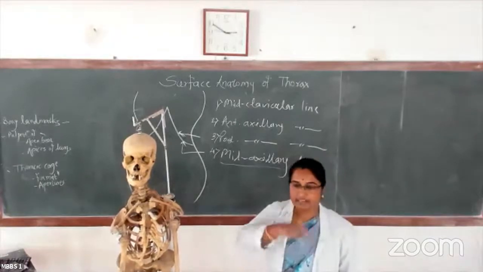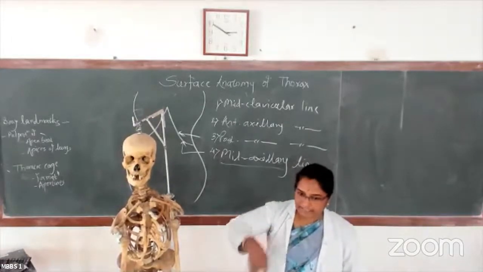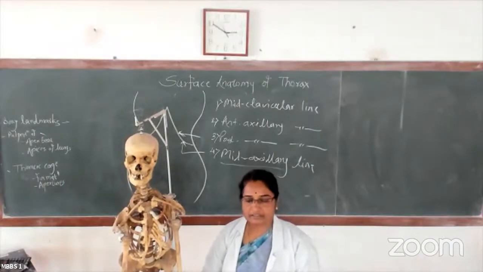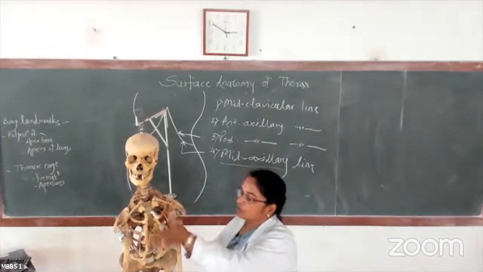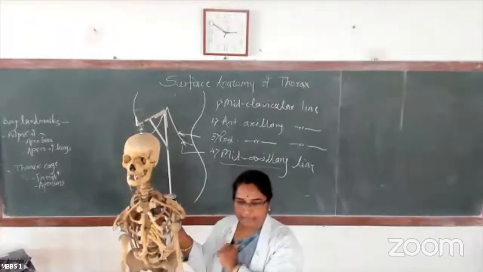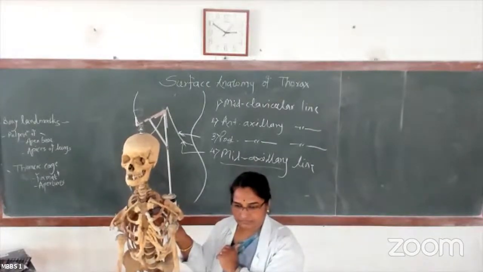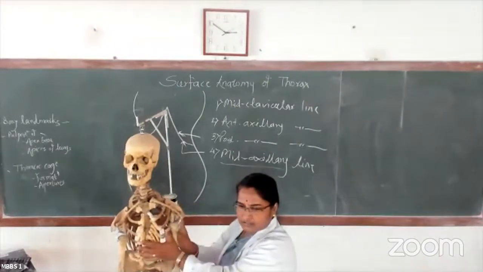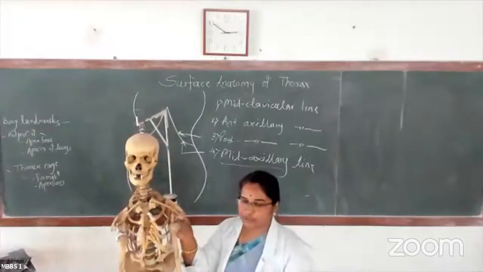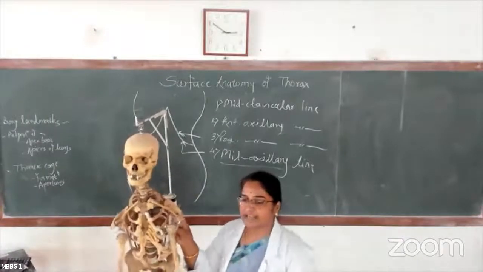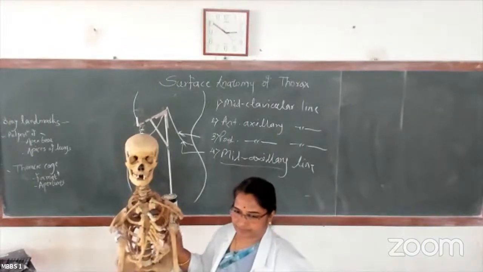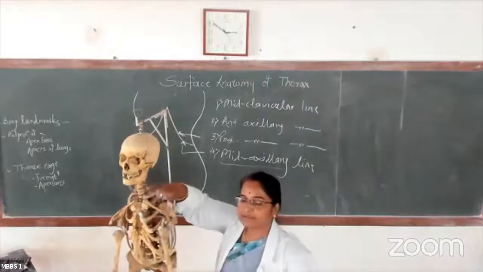So the convexities are present in the thoracic cavity. Domes mean arch-like, but these convexities are present in the thoracic cavity, and the concavities are present in the abdominal cavity. As far as this thorax is concerned, the floor of the thorax is formed by this diaphragm. As you know, this is the cage. Anterior formation you know, lateral formation and posterior formation you know. So floor of this thoracic cage or thoracic cavity is formed by this diaphragm, and roof is formed by